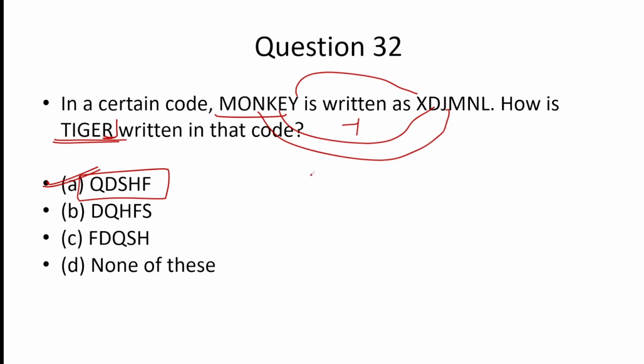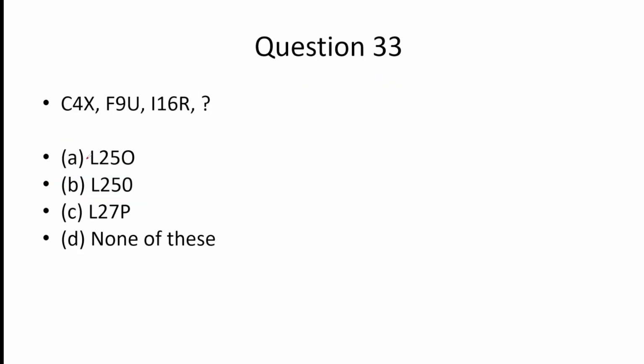So like this you have to check. Okay. I'm not writing ABCD here, but you can write ABCD and then you can check the pattern. Right. So next the question is this. See, the numbers are 4, 9, 16. These are the squares. 2 square, 3 square, 4 square. It means the number will be 5 square. The option will be first, or both are the same options. Okay. Both are the same options. So this is the option.